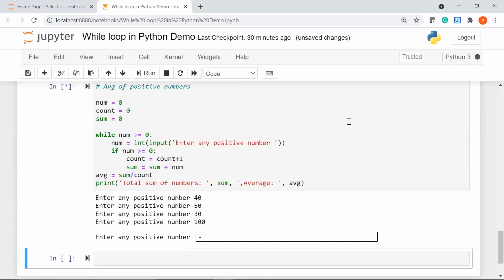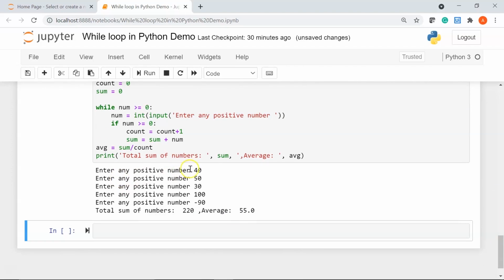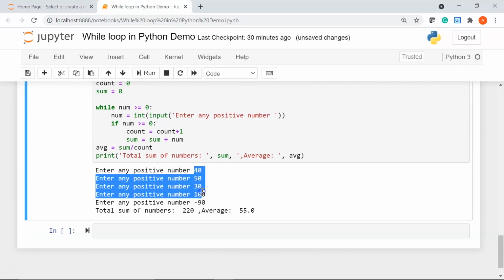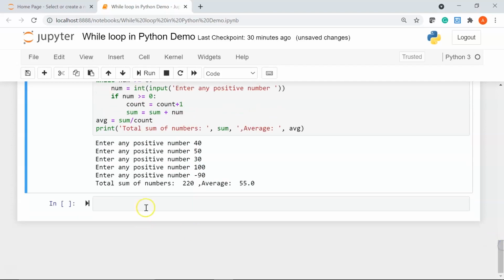This time I'll enter a negative number, let's say minus 90. Okay, so you can see here I have entered 4 positive numbers, 40, 50, 30 and 100. So the sum of numbers is 220, and the average is 40 plus 50 plus 30 plus 100, which is 220 divided by 4, which is 55.